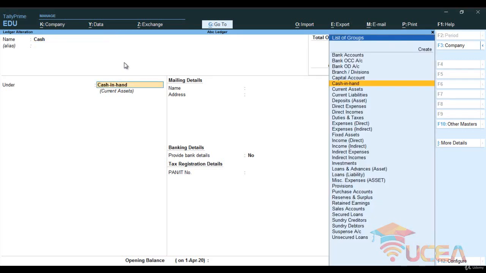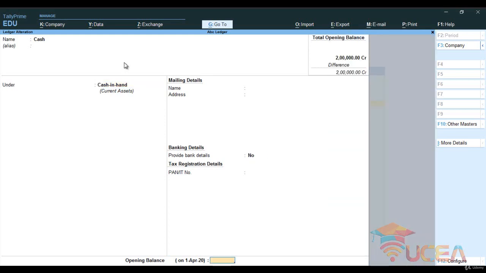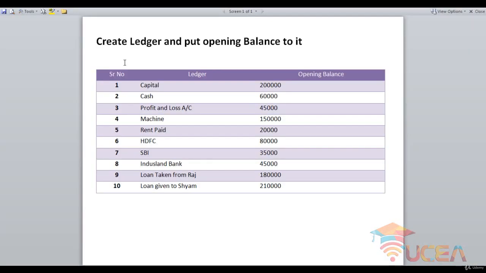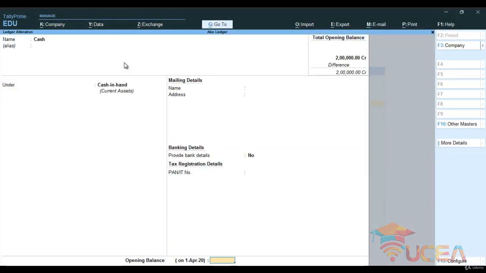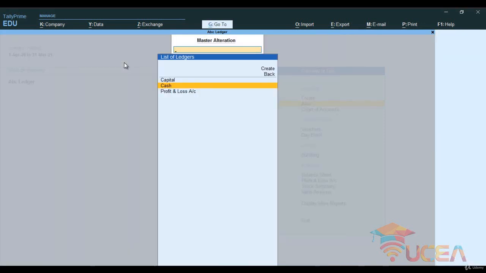Here the group is cash in hand, which is correct. Go ahead and let me see the opening balance, which is 60,000. So here I'm going to mention 60,000. Definitely it's going to be debit, and go ahead and save it.